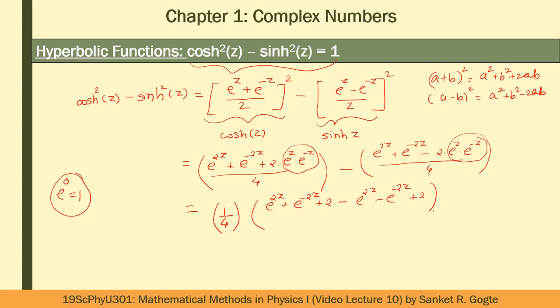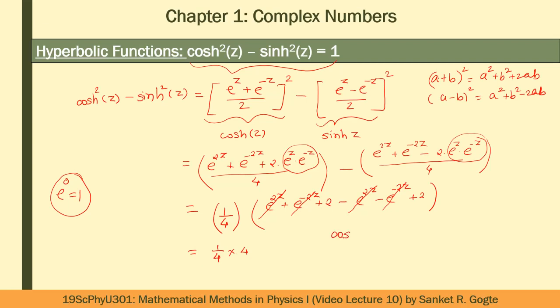Now in this bracket, e to the power 2z will get cancelled, e to the power minus 2z will get cancelled, and this turns out to be equal to 1 by 4 into 2 plus 2 is 4,